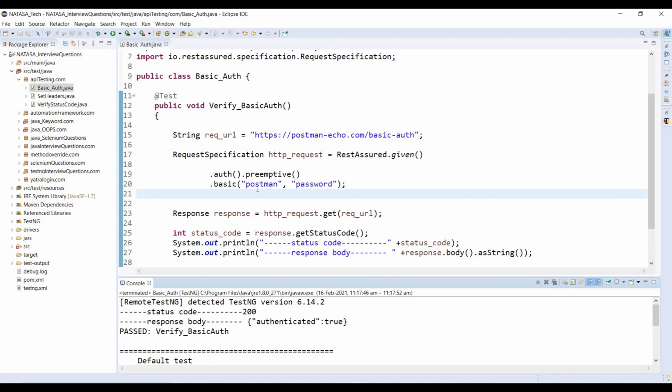So in some cases, when you are working at your company, after hitting this basic authentication with your username and password, sometimes you are getting 401. What happened? The basic authentication did not properly verify your username and password with the server. At that time you can use this preemptive. You are not getting any challenge behavior from the server. This preemptive avoids the connection overhead, which is the timeout connection. Okay, thank you guys.